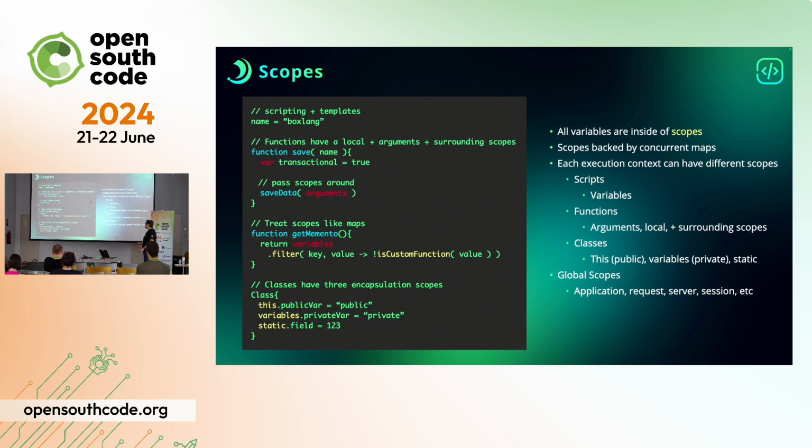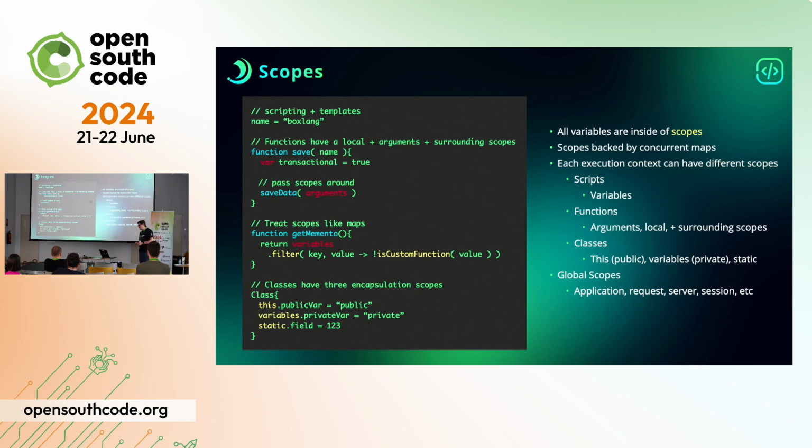Then we have classes. Classes can have 3 different types of scopes. It can have a this scope, which is public, a variable scope, which is private, and a static scope, which is static, right? It's based on the blueprint of the class, right? And then we also have global scopes to help you as developers. We have an application scope that we'll talk about. It actually can create virtual applications for you. It has a request scope, so it simulates an incoming request to your language, right? It'll give you a scope that only lasts for that request, server and session as well, and more that you